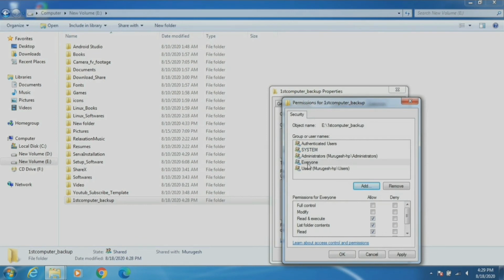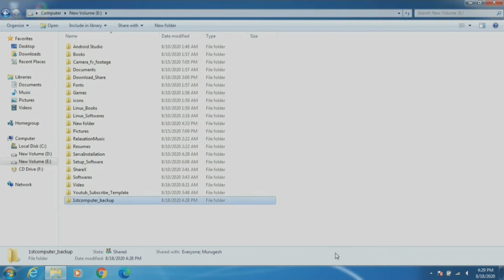It will bring that Everyone option into the Group or Username list. Now just give full control to Everyone, click Apply and click OK. By giving that permission to Everyone, we won't get errors like file permission denied or contact your network administrator. So we are giving these options to get rid of those network errors.